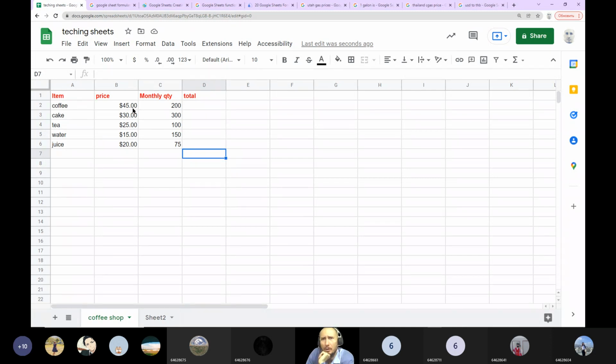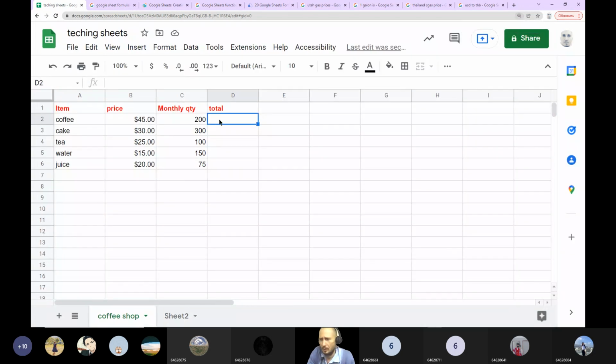So in Sheets we have special formulas that help us calculate anything, but you need to know the formulas and you must know what you want. So in this respect, we want to know how much money we earned selling coffee. So we do, okay, I'll make it larger for you. This is D2, right? So we do equal,